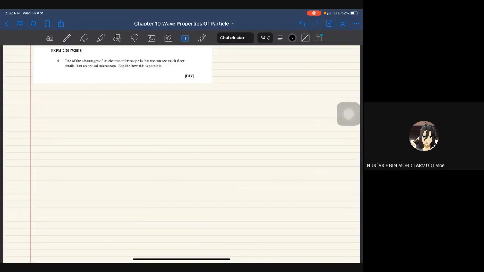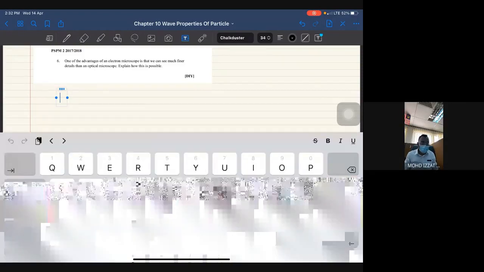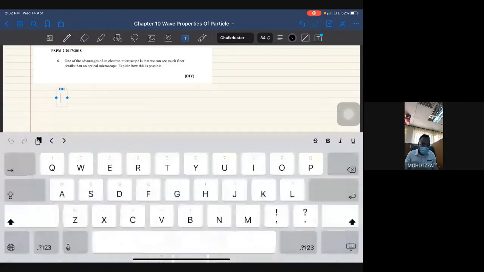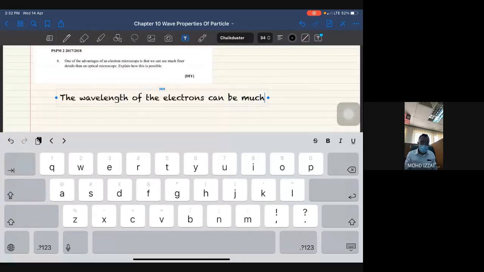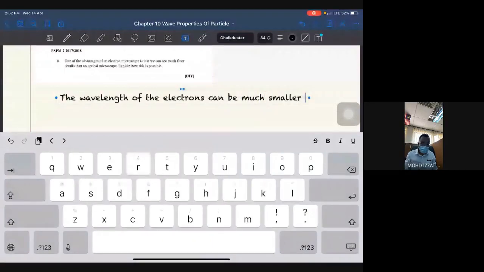Shorter the wavelength, sir. Yes. So the wavelength, I can answer it like this: of the electrons can be much smaller than the